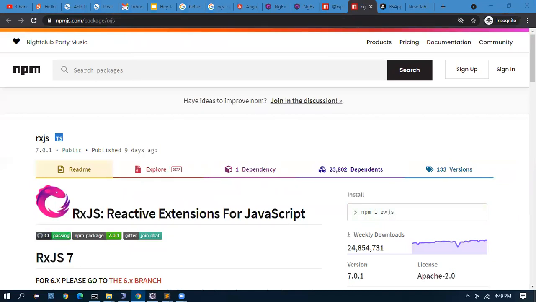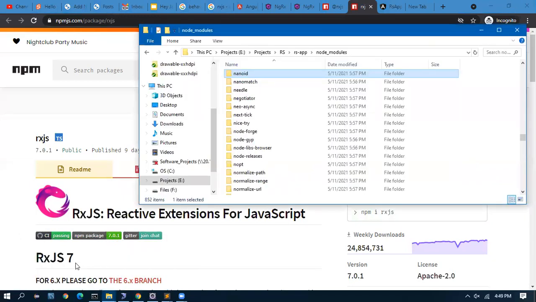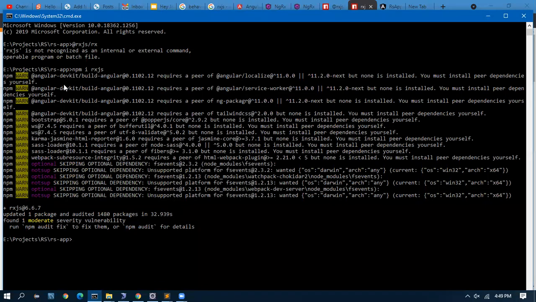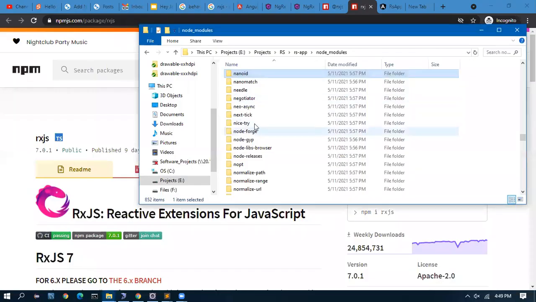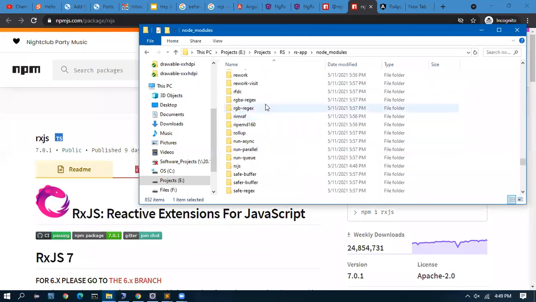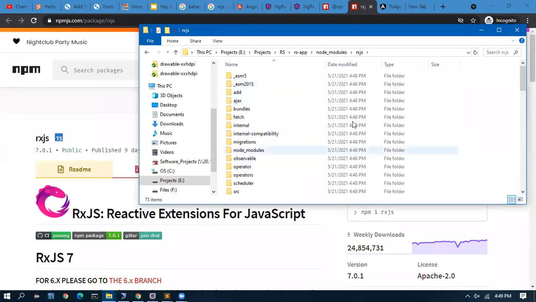We are going to install in the app, but we are going to see those files in node modules. That's a regular process. So if you see here, updated one package. rxjs 6.6.7 was installed. If I go to node modules, rxjs, here it is. This is installed now.